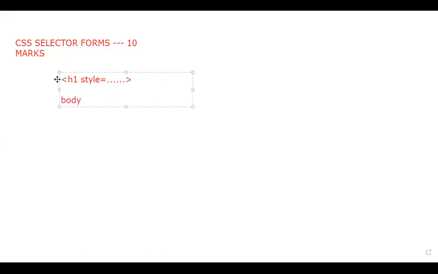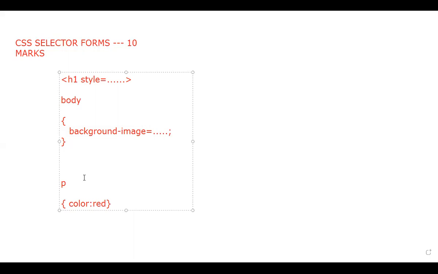We took body, we had an opening bracket. I'll just take a small property, for example background image, equals, and here I am setting the path, and then I am putting a semicolon. This is the format, and then I close the body tag. What is this? This is external CSS. What we did in internal CSS, same thing we did. Suppose for paragraph, I want to apply color, and I took it as red.